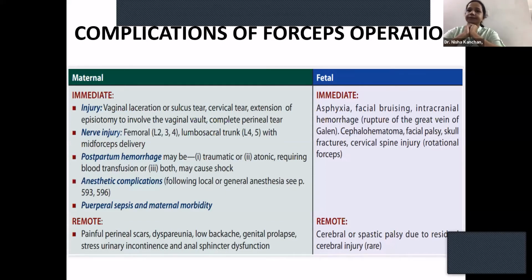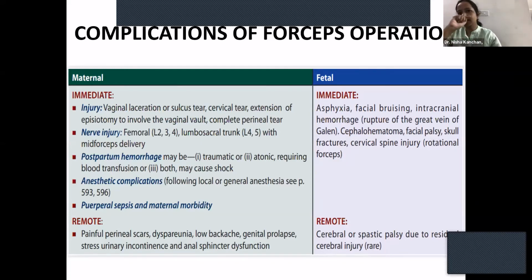Anal sphincter. Okay, yeah, correct. So the anal sphincter is injured in third degree. It does not involve the mucosa of the anal wall. Okay. Fourth degree is when the wall of the anus, or the mucosa of the anal wall, is injured. If only the sphincter is injured, but the mucosal wall is intact, it is third degree. Okay.